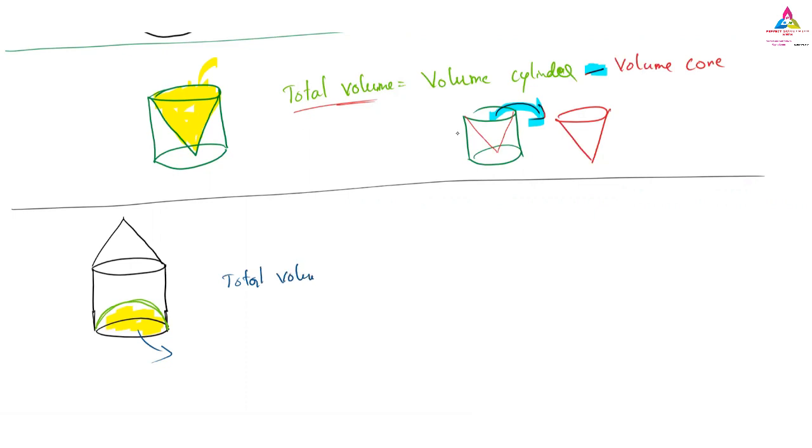Volume of cylinder plus volume of cone minus volume of hemisphere. Yes, volume of cylinder, because it is there. So the total volume of the cylinder we have taken first. We have taken everything, I have not added or subtracted anything. Next, on the above, we have one cone. This is a cone, this is a cylinder, and the cone is on the top of the cylinder, outside the cylinder. So it is the addition.